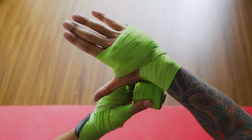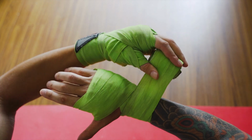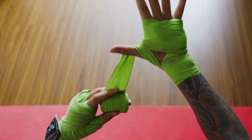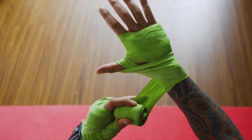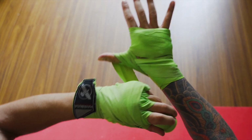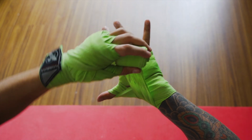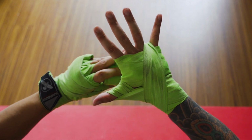Go underneath the wrist, over the top, come around. We're going to secure the thumb twice, over the wrist, behind, over the front, the thumb, behind. From here, go behind the wrist and come back up again, secure the gap in between your pinky, and then we're going